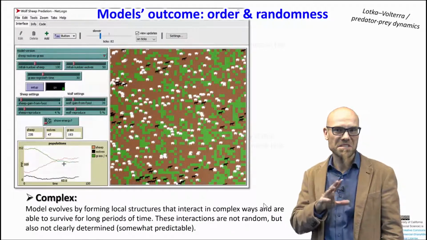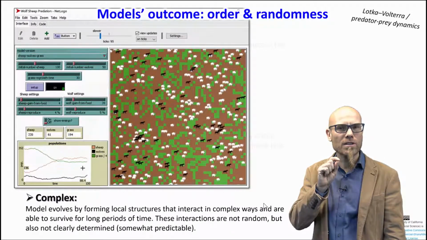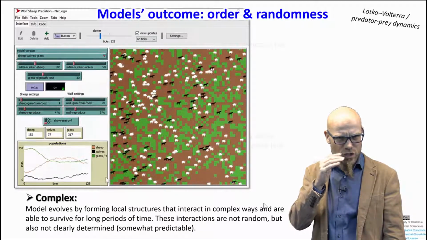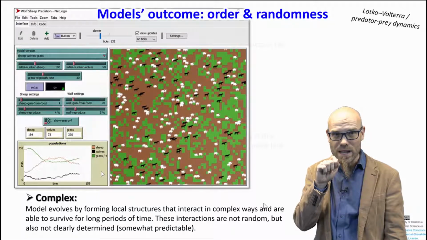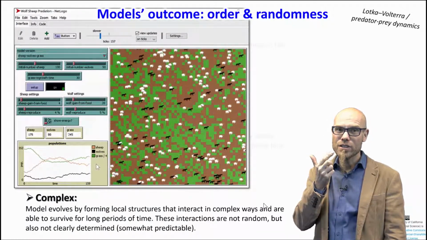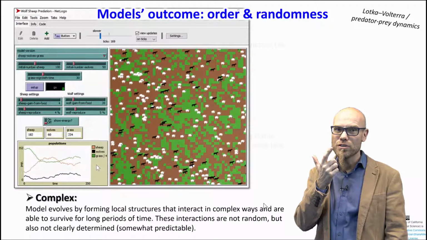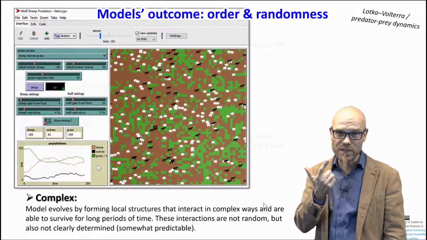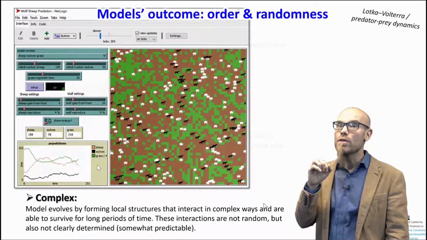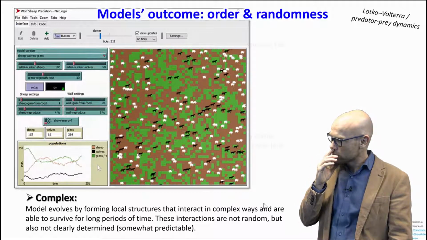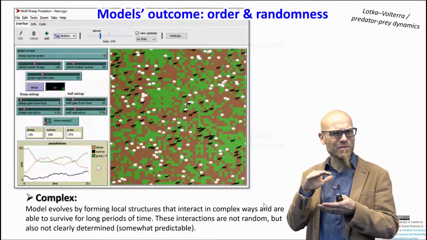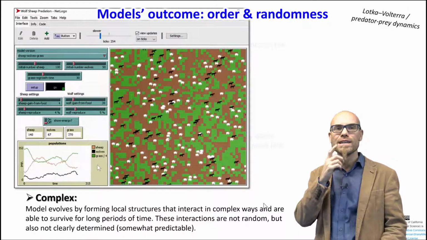We've seen that cycle. But now the sheep also depend on the wolves. The wolves prey on the sheep, which means the sheep go down. If the sheep go down, as right now, the grass can go up. If the grass goes up, the sheep should bounce back. But if the sheep bounce back, then the wolves also increase, which affects the sheep. If the wolves increase, the sheep will go down, which allows the grass to go up. So it's not like a smooth cycle. The wolves really mess this smooth cycle up, but you can see something.